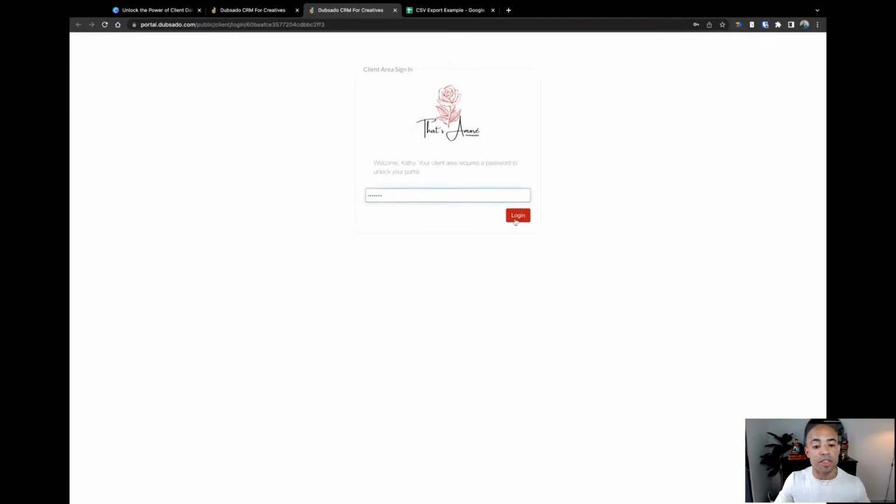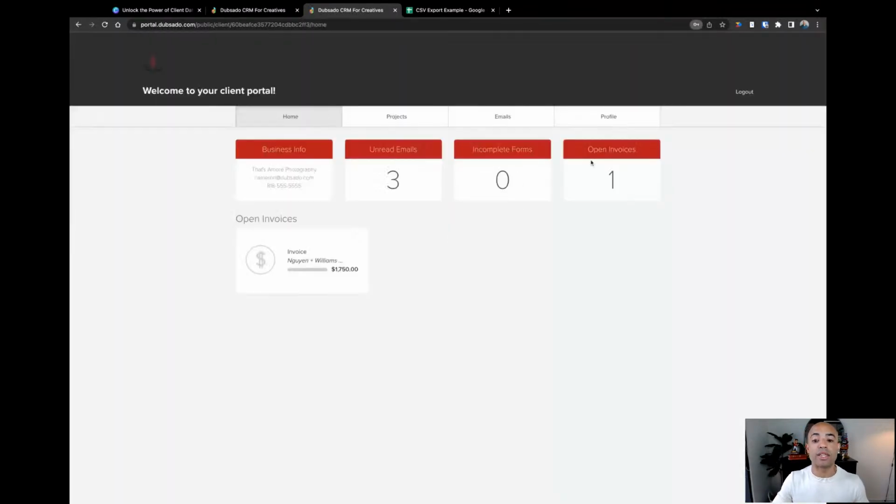If you're not familiar, a client portal is where your clients can log in and they can see all of the forms, projects that they have with you, the contracts, invoices, appointments. It's basically a locker, if you will, where you can give them the key to that locker and they have access to all the projects that you've done with them. We have some other information on our YouTube channel, webinars that go into the client portal. So we won't cover this area in a lot of detail today, but just to show you why naming conventions are important.